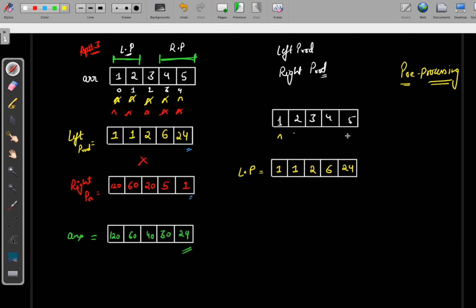So basically here you can see for 5, the multiplication of 4 and 6 will be the answer. For 4, the multiplication of 3 into 2, that will be the answer. For 3, the multiplication of 2 into 1, that will be the answer. Similarly, if we calculate the right,